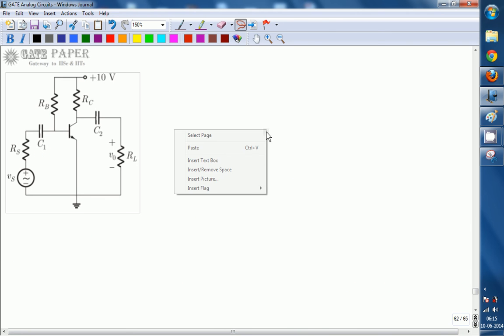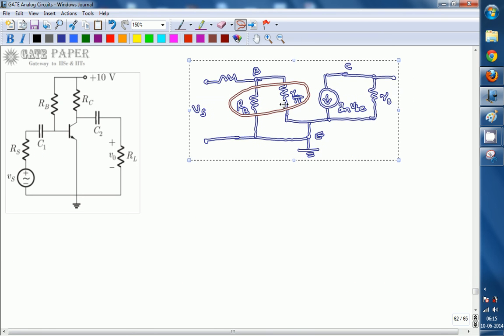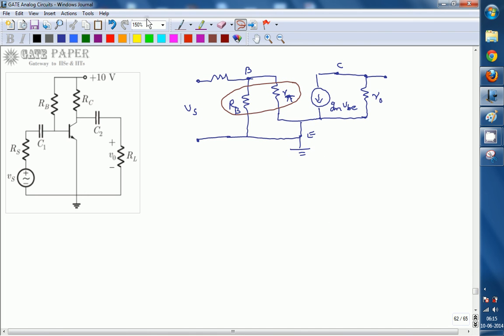So for C2 again, we have to draw the equivalent circuit. Now we have to consider the C2 value. This is collector, and from this collector RC is going to be there between ground and this one. VCC is going to be grounded, so it will look like there is a resistor RC, and there is a capacitor between V0, and from V0 there is a resistance of RL.